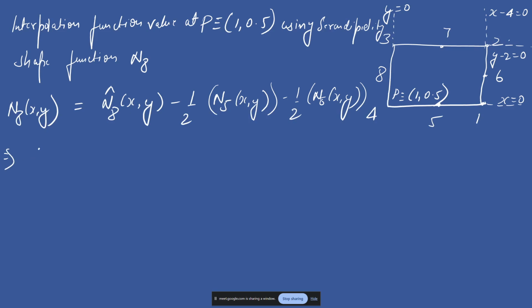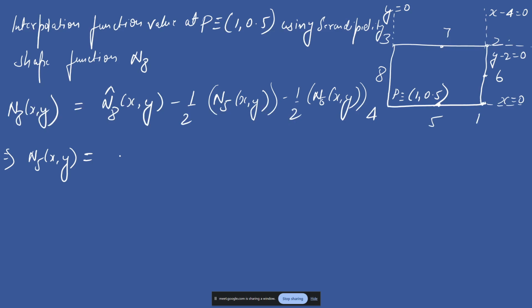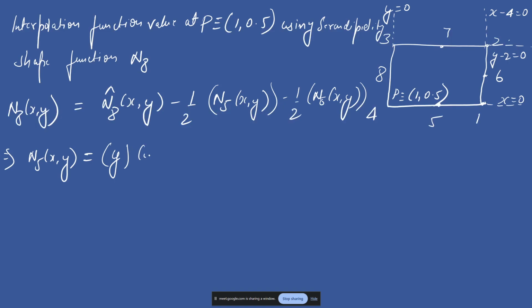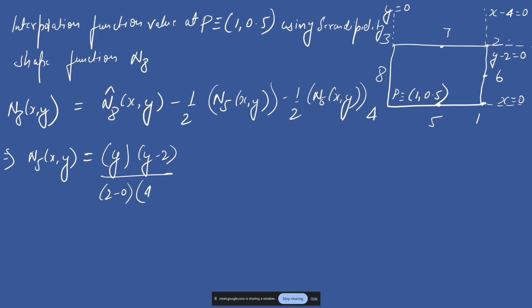First you need to evaluate what is N5 x comma y within the Lagrange interpolation. So that is given by y into y minus 2, then you have xi minus xj, so this is 4, so put this 2 minus 0, this is 4 minus 2,